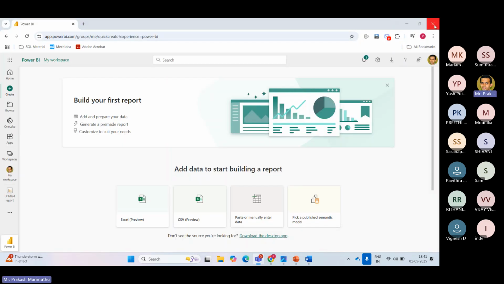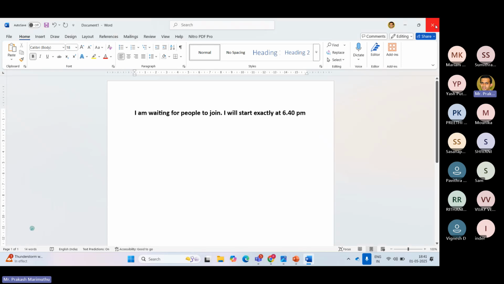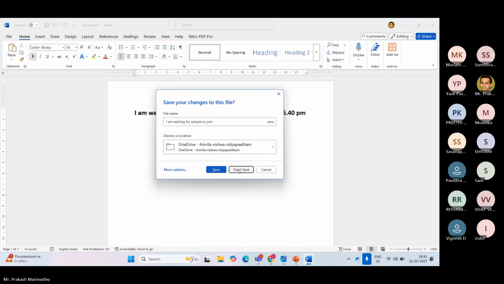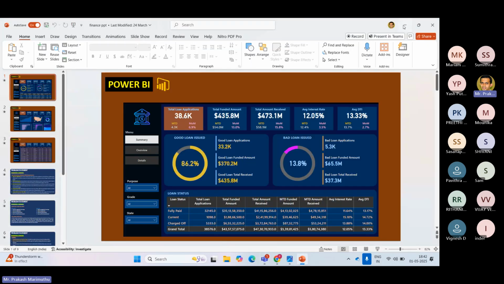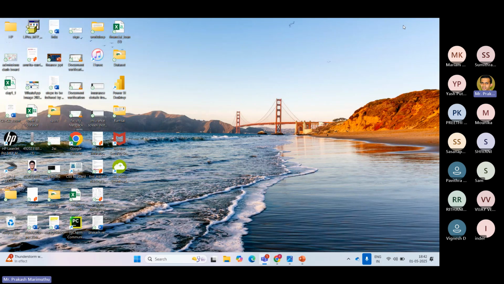So what we are trying to do today is I'm going to teach you how to start using Power BI. It is a very helpful tool if you are trying to do some data visualization. Basically, Power BI is used for dashboard creation of large data, and for data visualization, and we can do a lot of data transformation. If you're looking at a career in data science or data engineering, this will be a very helpful tool